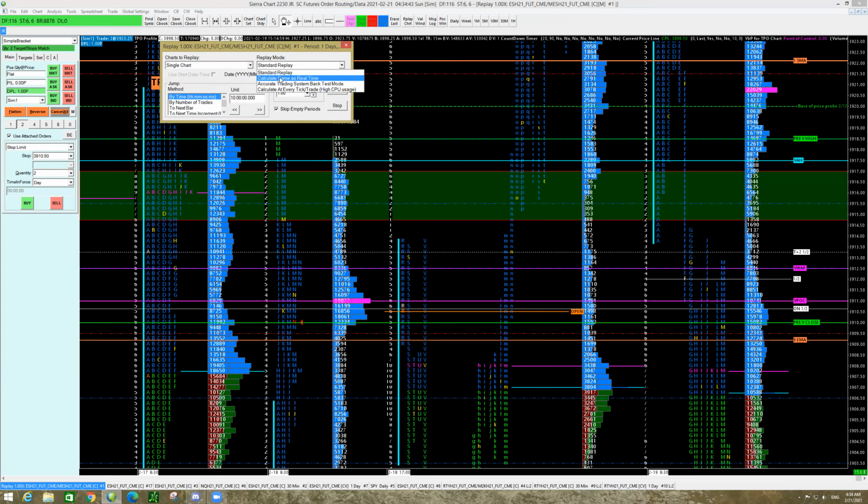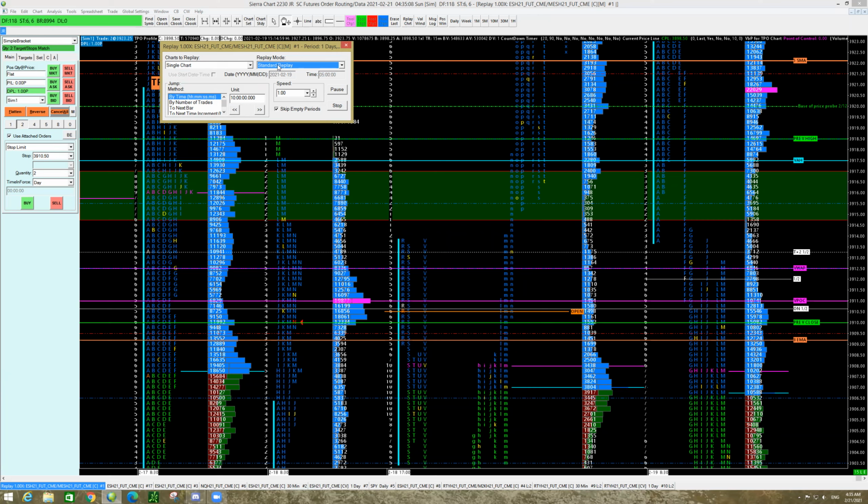It tells you what these all do. But basically, they're more CPU intensive replays that are maybe slightly more accurate, or more time accurate, but standard replay seems to work fine